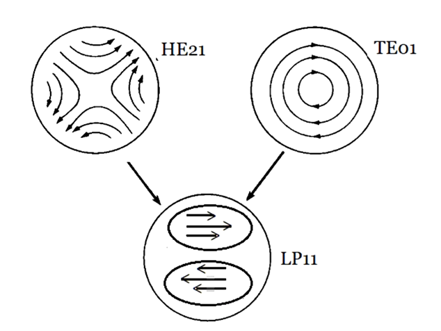If we look at HE21, the field here is moving in the downward direction, and in TE01 the field is moving in the upward direction. So these two fields will cancel each other, so we will not get any field. That's why in LP11 the left side is 0. In a similar way, if we consider the right side, HE21 is moving in the upward direction, TE01 the field is going in the downward direction. Again these two will cancel each other, and hence in LP11 the right side of the field is shown as the dark side.